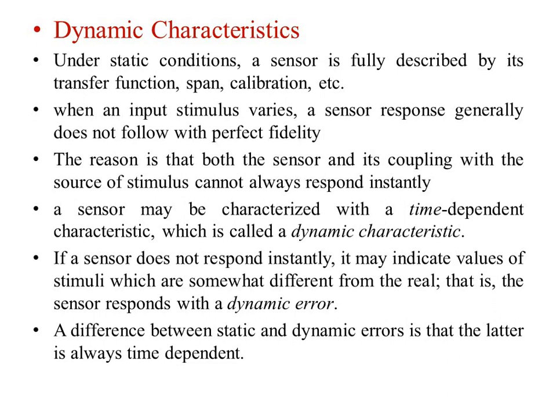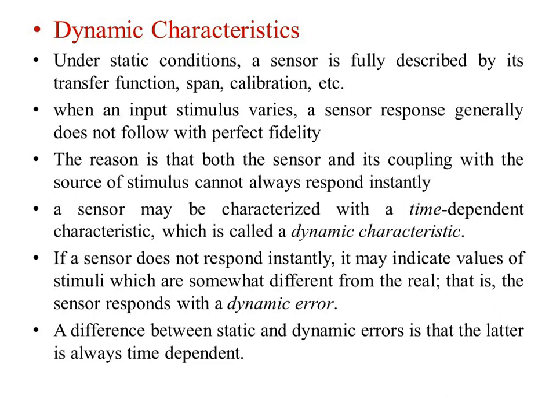So under static conditions, everything is defined. This is fixed, this is fixed, this is fixed. Now the condition is fixed and you start checking it. So obviously your response will be as per your described transfer function, span, and calibration, and you are getting the expected output. But if the condition is not a static one, it is dynamic, it is continuously changing. You don't know when the temperature is going to change, when the input characteristics are going to change, or the environment is going to change.